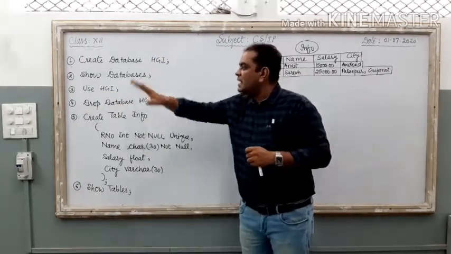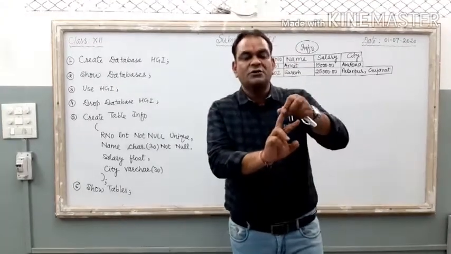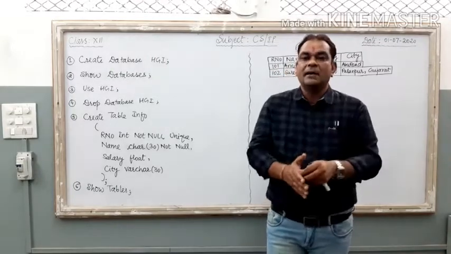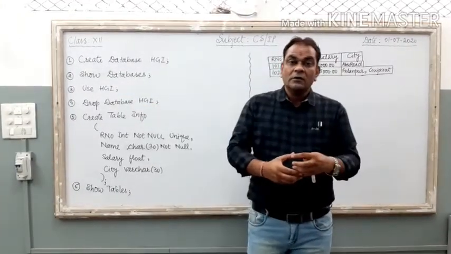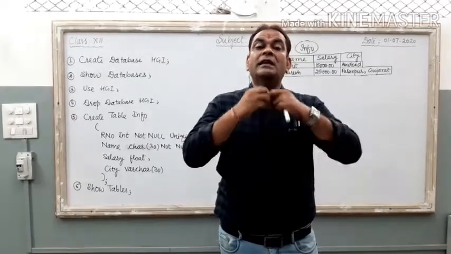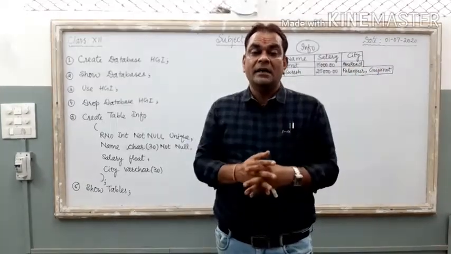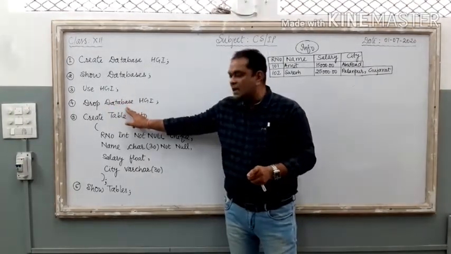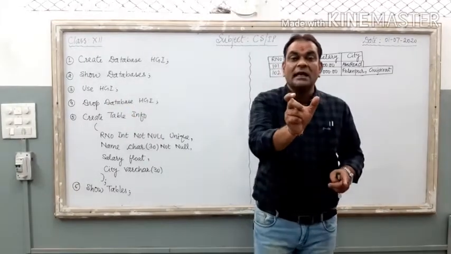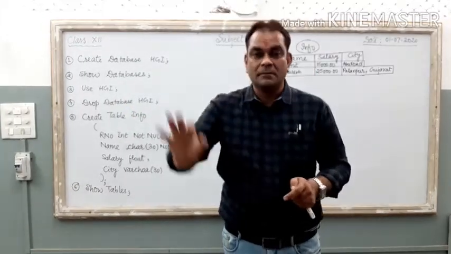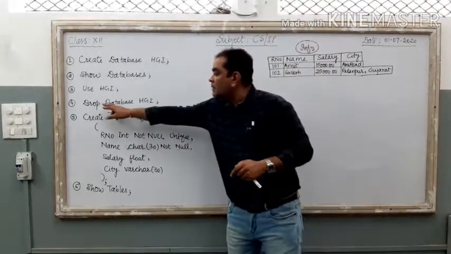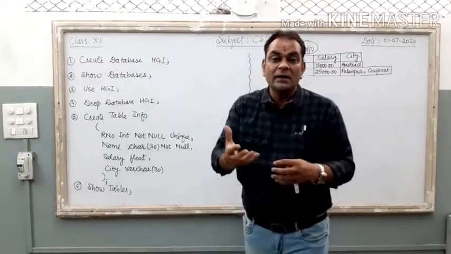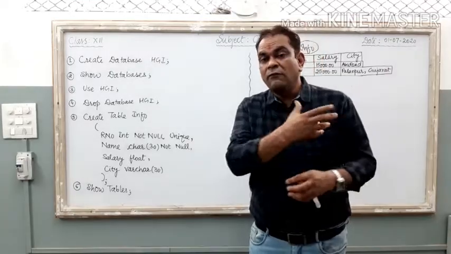So these three commands are related with the database. First, you have to create the database. You have to show how many databases are there. And the third one, if you want to enter inside a database, the command is use. Now, what will happen if I want to delete the entire database? For that, the command is drop database, then space, the name of the database which you want to delete from the system. Clear? So for deleting the database, the command is drop database. Done? So these four commands are related with the database, or we can say with the container of our MySQL.